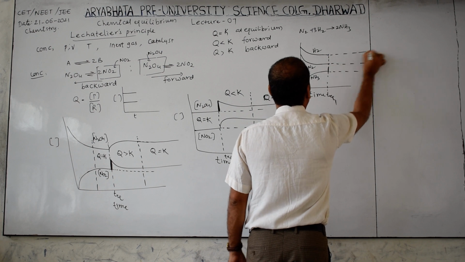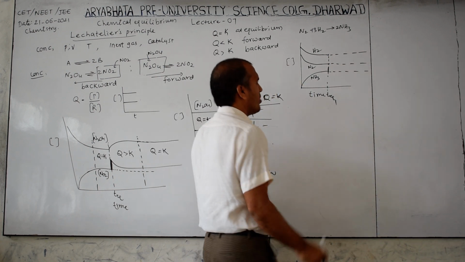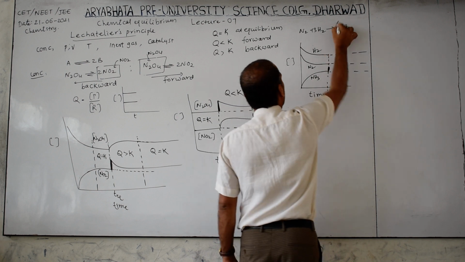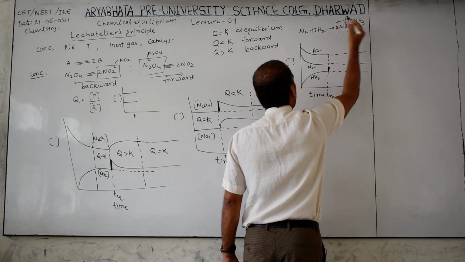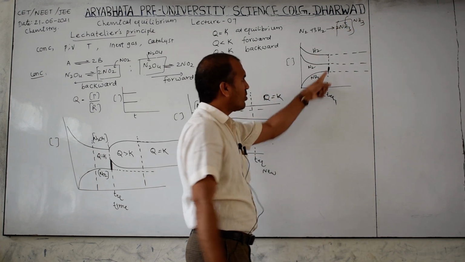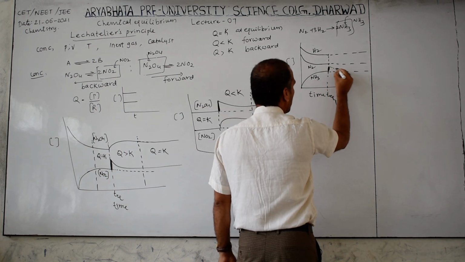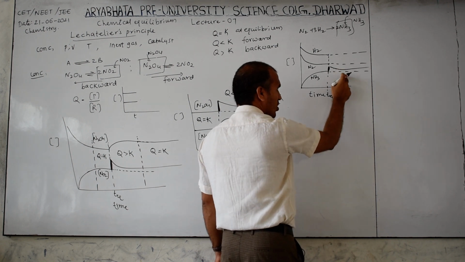Generally in examinations they may not give the dotted line. For your convenience only, I wrote this dotted line now. Now the concentration of which is increased? Now I added ammonia. Then what happened? Product concentration increased. After that what happened? This will come down and become constant, but it should not cross this dotted line.